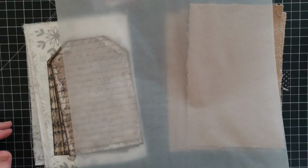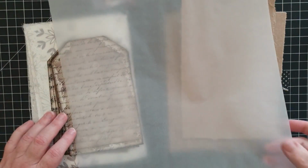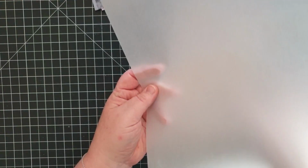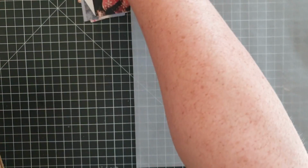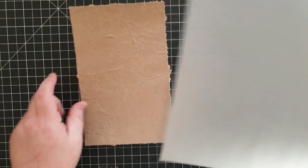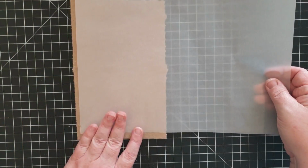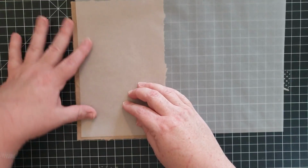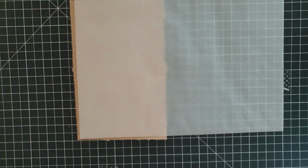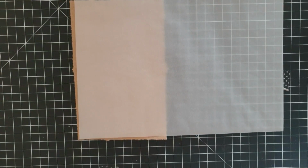How many? 10 sheets. Okay, so let's see how much of this I can get out of one sheet. What I'm thinking is, let me just move all this stuff out of the way. What I'm thinking is maybe it would be kind of cool if I had somewhat torn edges and then put it down like this. The question is, what is it going to look like